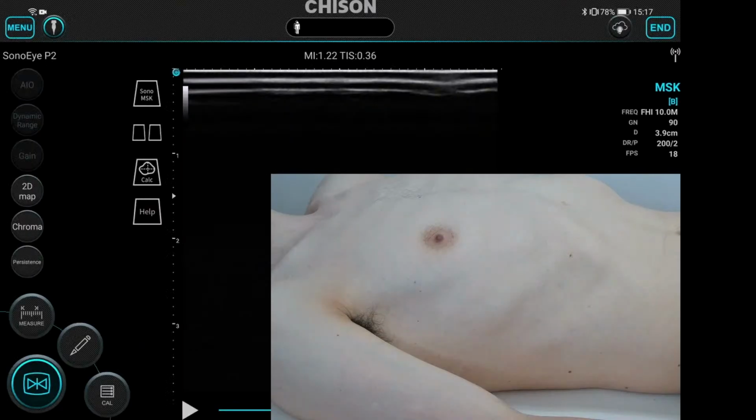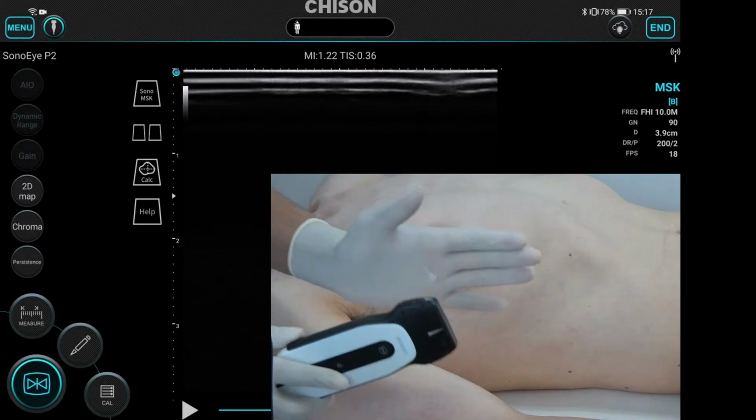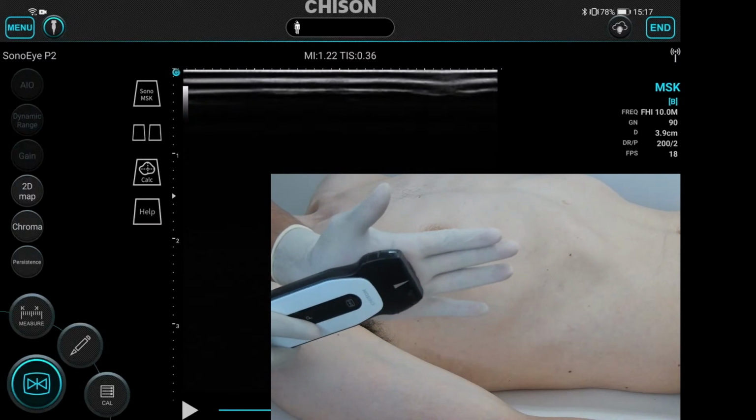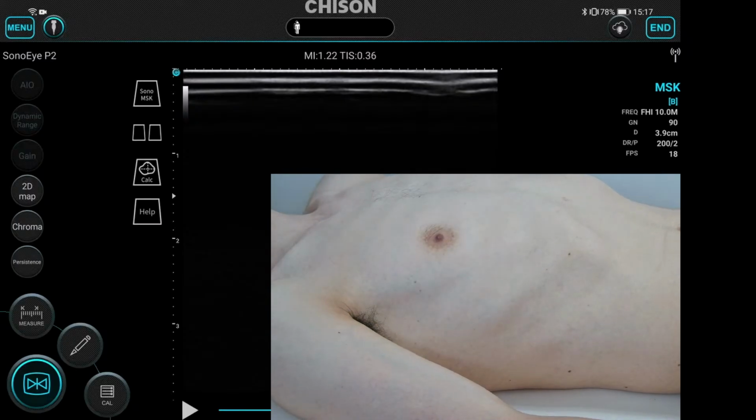Hi everyone. So in today's demonstration of SonoEye, we are going to show you thoracic fascial plane blocks. I'm going to use our SonoEye P2. We have a SonoEye P2 over here. I'm going to use this one to scan the subject over here. We have a very good subject over here whom we are going to scan and show you the sonoanatomy of